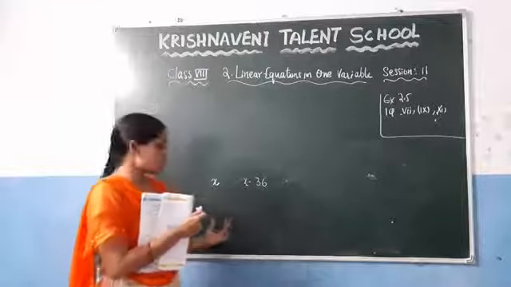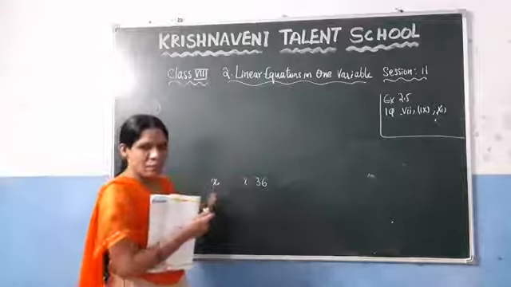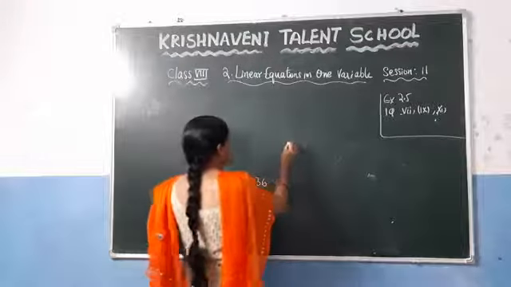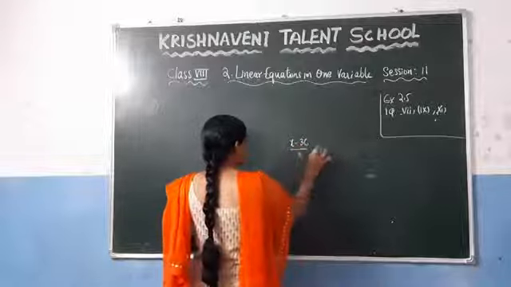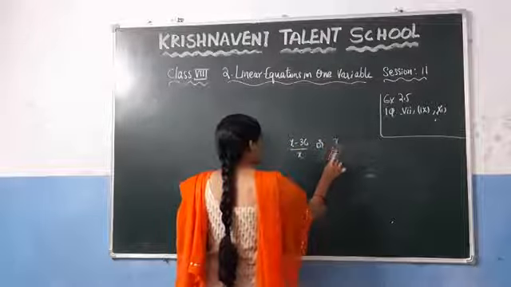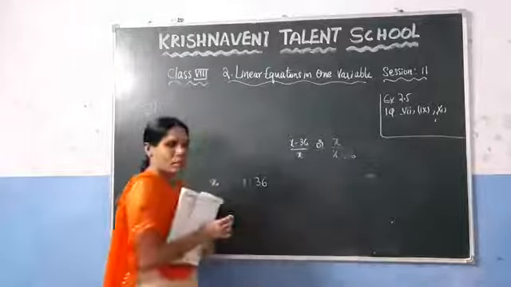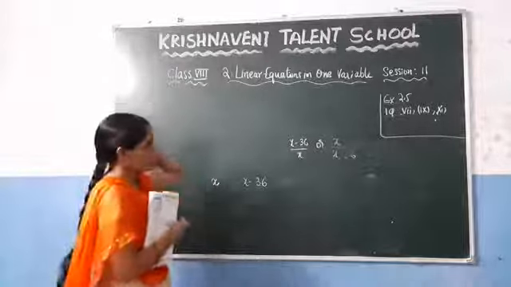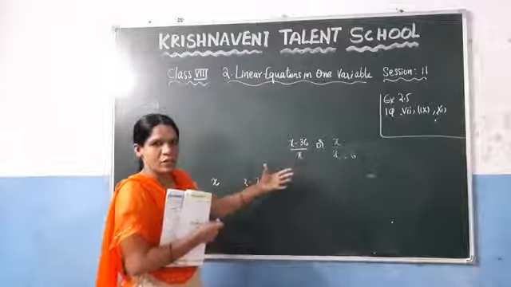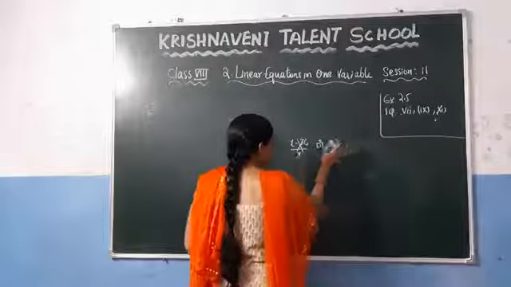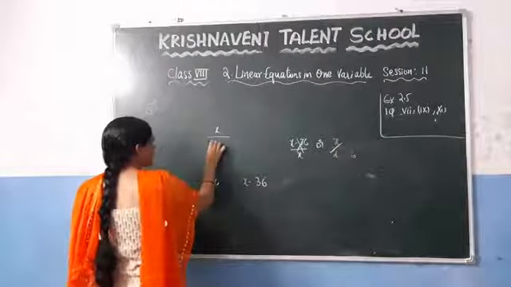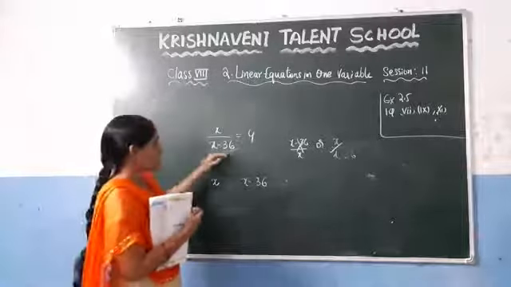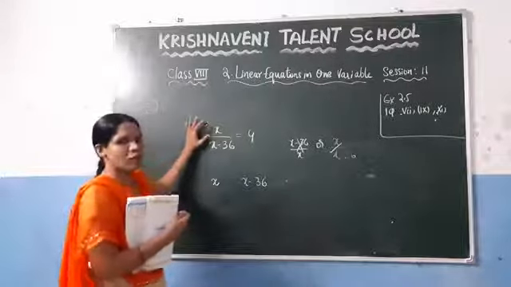Quotient is nothing but you need to divide these two values. When you divide these two values, now you have the two numbers. If one number is x, the other number is x minus 36. Now we need to know whether you need to divide x minus 36 by x, or x by x minus 36. Which condition do you need to take here? Everyone knows that you divide the bigger number by the smaller, right? So this condition is false because you cannot divide it this way. So you need to take this condition: x by x minus 36, and they said you got the quotient as 4. Now based on this condition, you need to find the value of x.